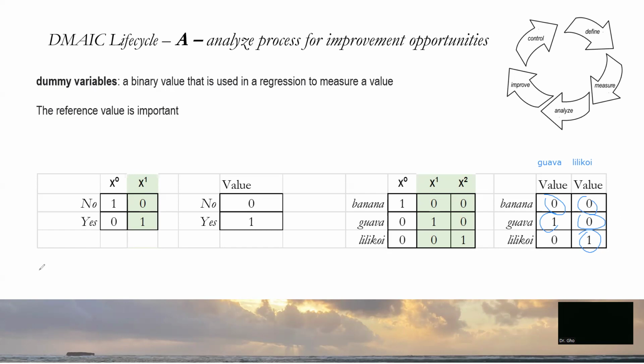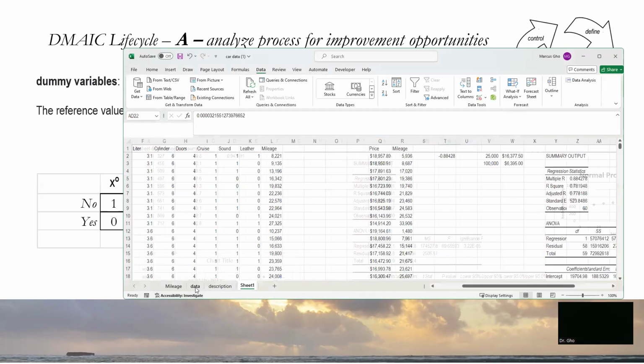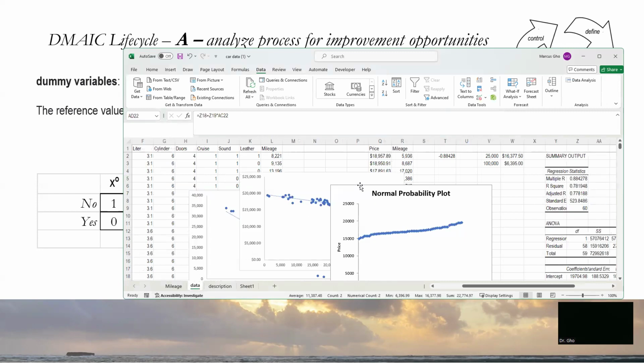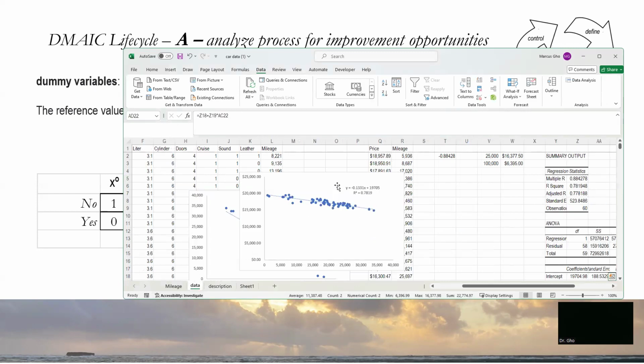Let me show you an example of a model that has dummy variables, how we can apply that, and how we can interpret it. I think this is where it gets really cool and really useful, and one of the reasons why something like this might be important. I'm going to go to the car data. If we look at the data, we've got